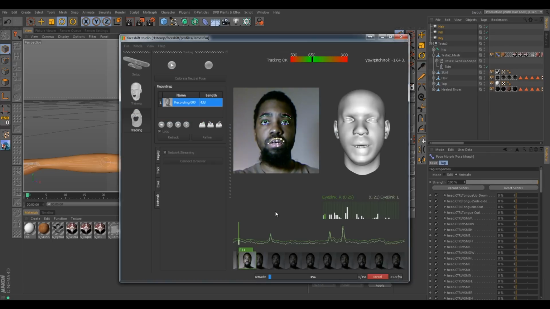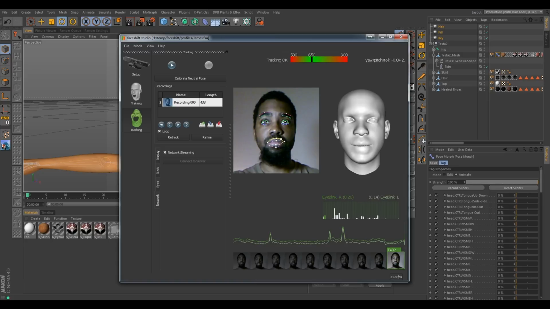So we're going to let it reprocess the clip and get a good process on it that's going to refine our animation and make it look a little bit better when it gets into Cinema 4D. Also, my eyes were looking up. Usually when I record these, I also look at the camera, so it looks like I'm staring down at the camera.